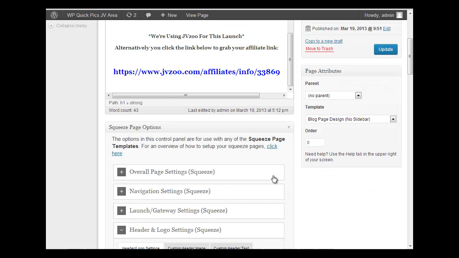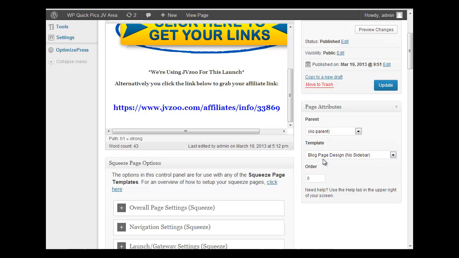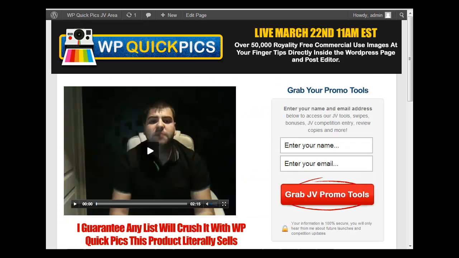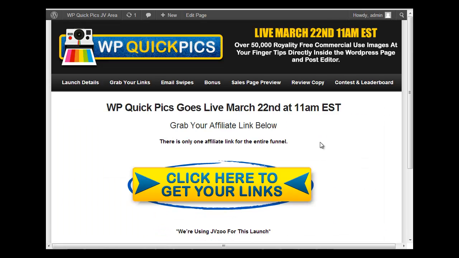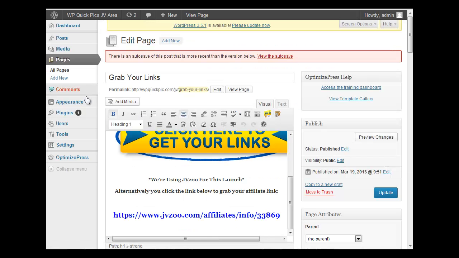Ensure you've got your logo set up. And I always use a blog page design with no sidebar, so that it looks cleaner. You just don't really want a sidebar on your JV tools area. Now once you've created your pages, you want to go to Appearance and Menus,